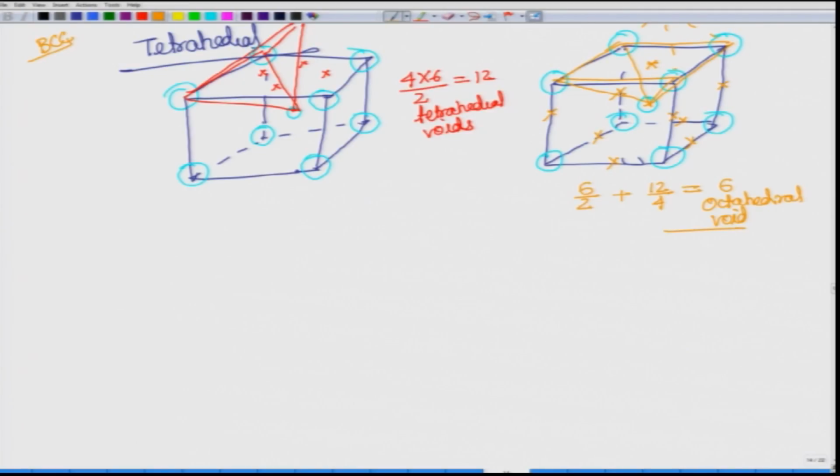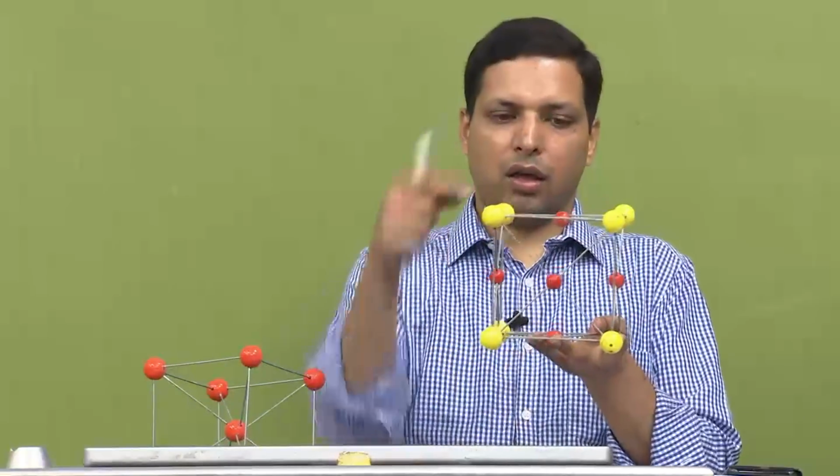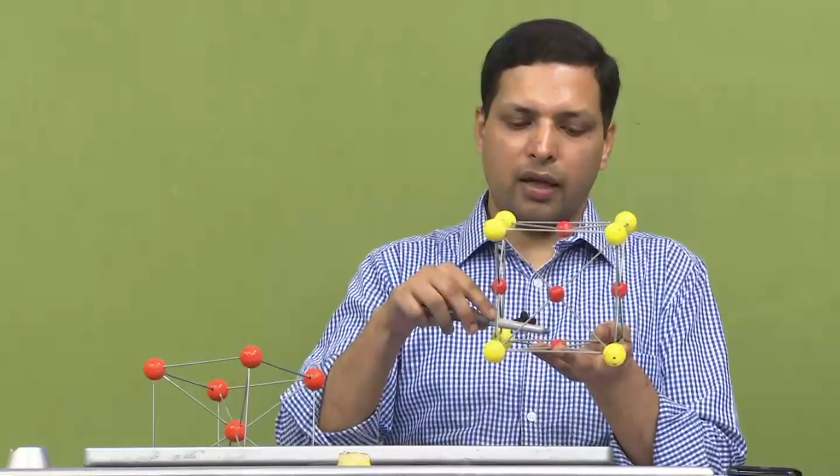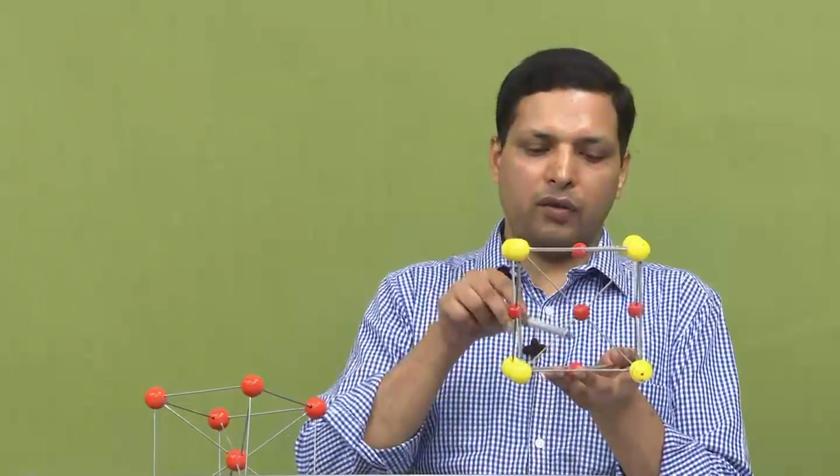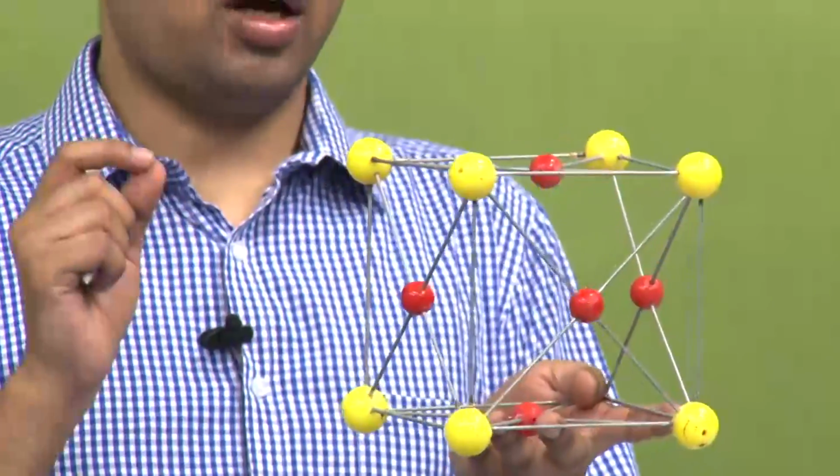So, now we have seen the different kinds of voids in FCC and BCC. However, there is still something that I have not informed you yet. Again, I will bring this back to show you. First, let us look at the octahedral void. So, how was the octahedral void over here? As is expected, this is the plane of the atom, these are the other top two atoms. Now, look at the length of the edges, from here to here, each of the neighboring atoms has the same length.